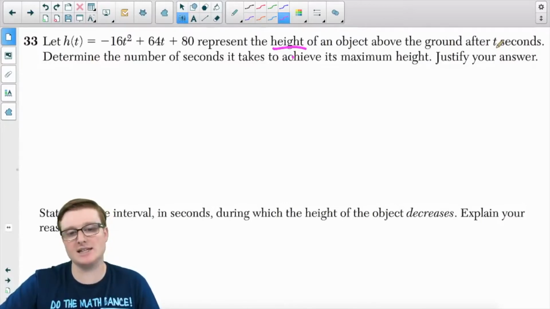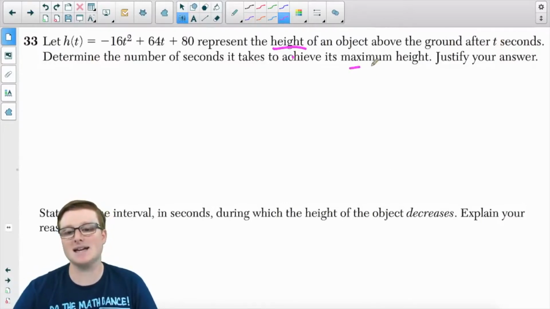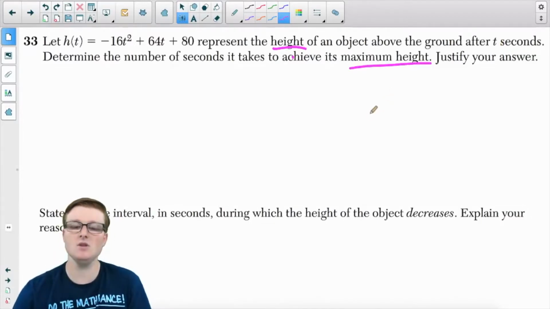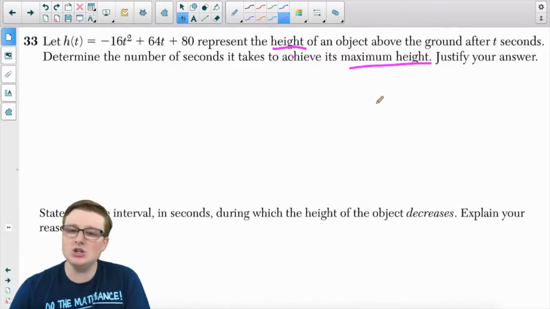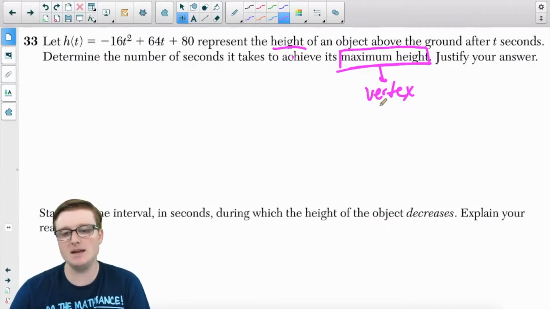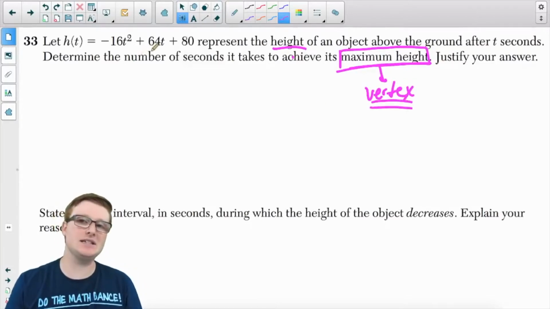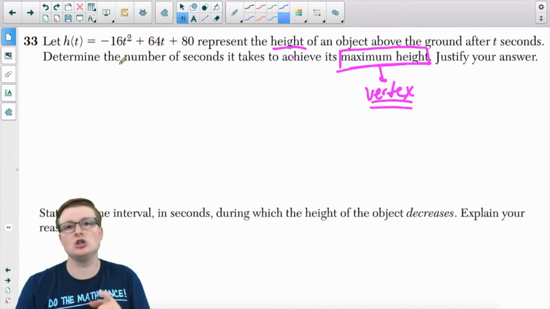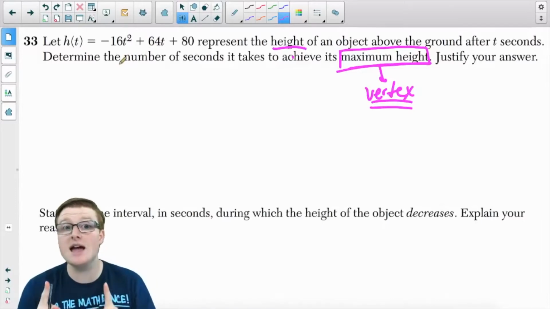Determine the number of seconds it takes to achieve its maximum height, and then it says justify your answer. You need to know that the maximum height is the vertex. Now, what many people did is they set this equal to 0. No. If you set this function equal to 0, that gives you the starting launch time, and by the time